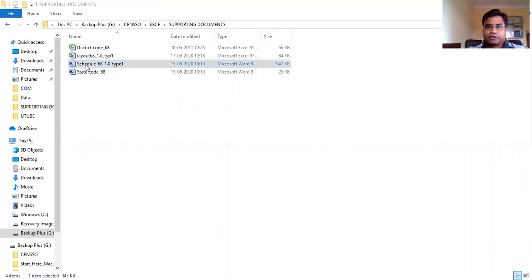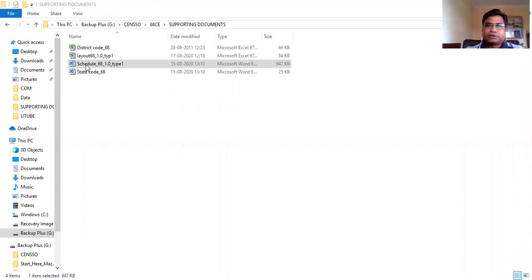Just go down here and concentrate on this item serial number 49. It says monthly per capita expenditure and it says rupees 00, right? Rupees 00 means this is in paisa, so you have to convert this into rupee first.